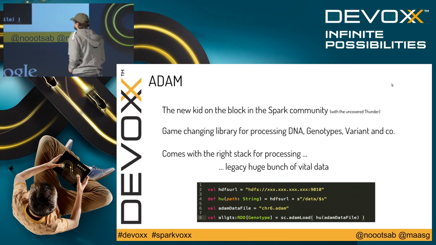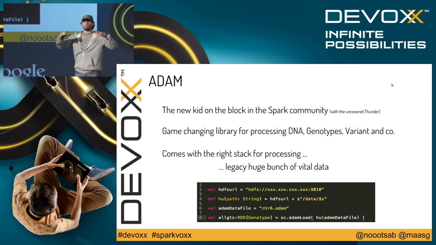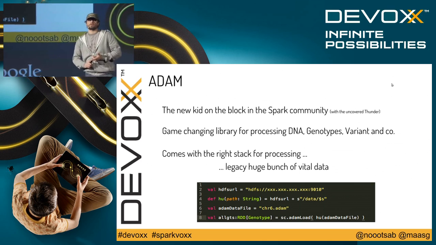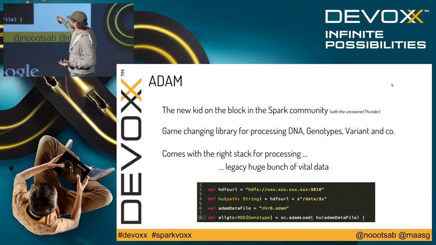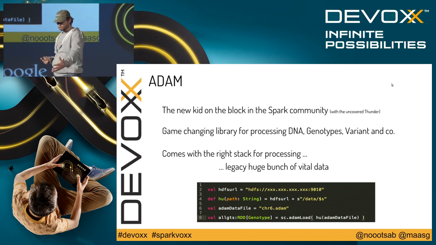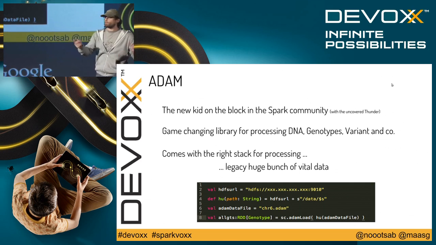So this is what you can do with ADAM. Actually, what they defined is just a model on the genomics data, which is quite good because you have Avro in the mix, it's very fast, and you have Parquet on HDFS, so you can store the data in a very efficient manner. And how do you do that? You convert your original data file that comes from the machine to ADAM, which is the Parquet file, you load it, and you have your genotypes.